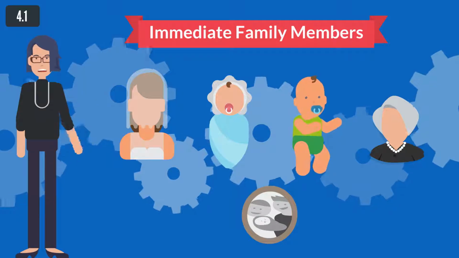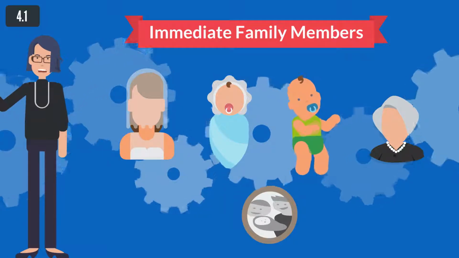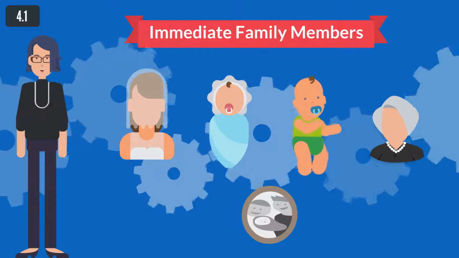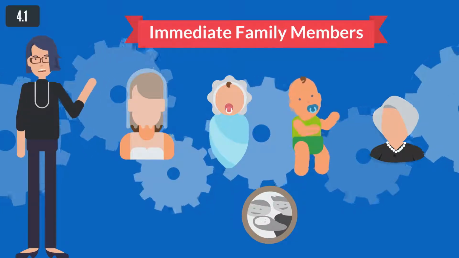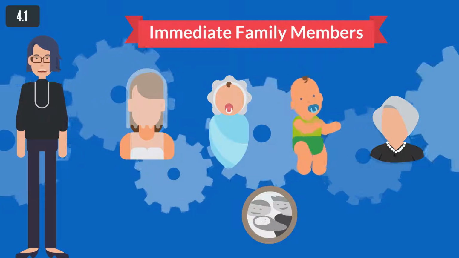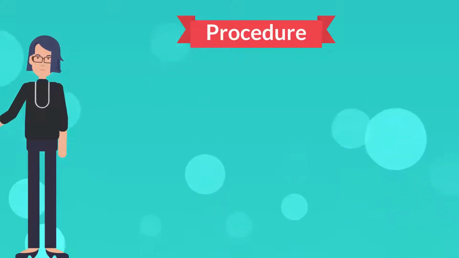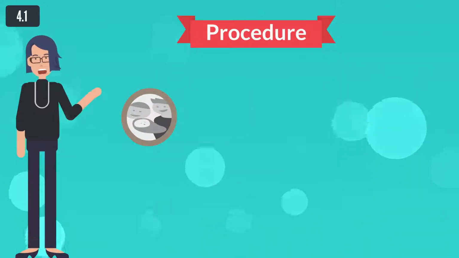In exceptional cases, the competent authority may, at its own discretion, regard another relative of a foreigner as a close family member if special circumstances speak in favor of family reunification in the Republic of Slovenia. In the case of a polygamous marriage, a residence permit for family reunification can only be issued and extended to one spouse. Procedure. A residence permit for the purpose of family reunification is issued and renewed at the request of